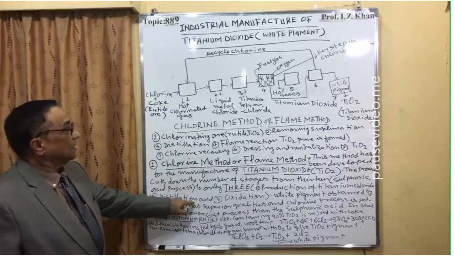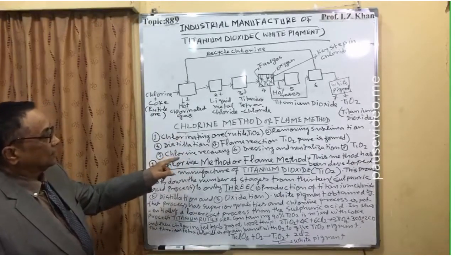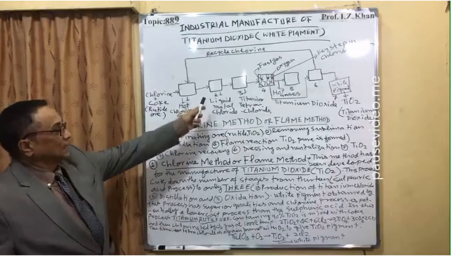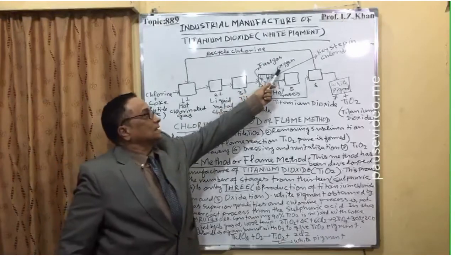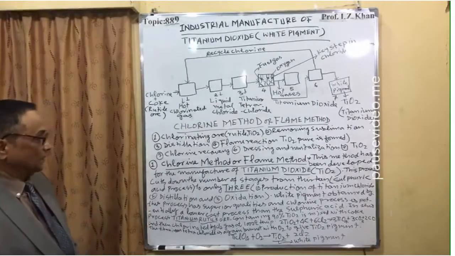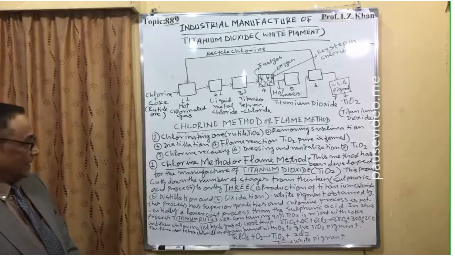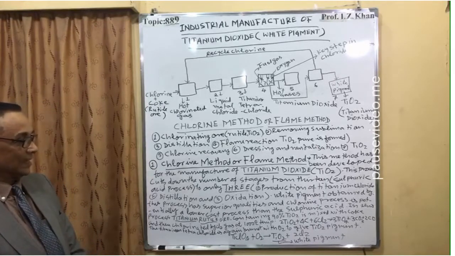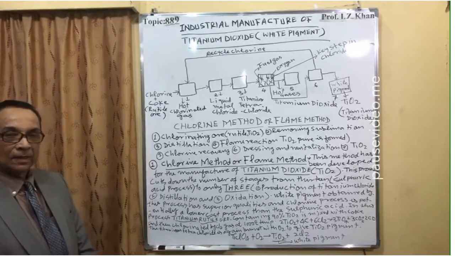distillation, that is removing the impurities by sublimation. Here the distillation will take place, and then the third step, where the oxygen is mixed with that titanium tetrachloride, and then it is finally converted into white pigment. And the third is oxidation. White pigment obtained by this process has superior qualities, and the chlorine process is potentially a low cost process as compared to the sulfuric acid process.